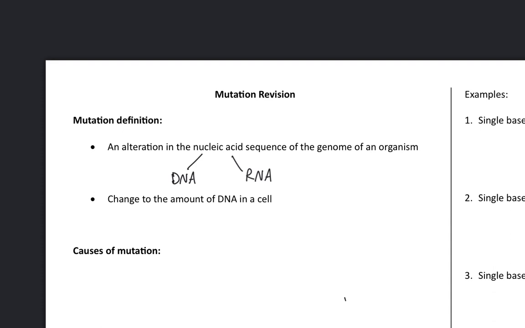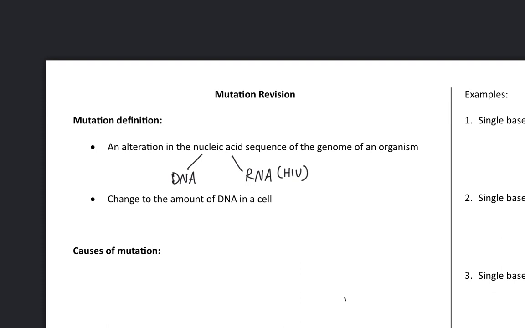Remember, that's where we've learned about HIV. So viruses mutate. The coronavirus that causes COVID mutates, and that's an RNA virus as well. So it's important to know that it's not just DNA; it is RNA as well. It's also a change in the amount of DNA in a cell. This is where we would learn about